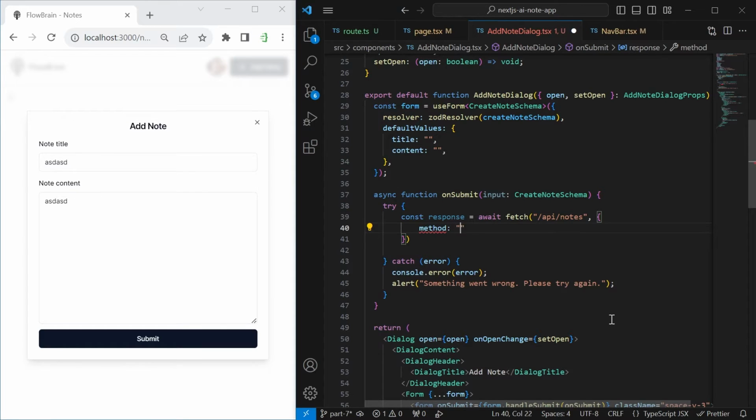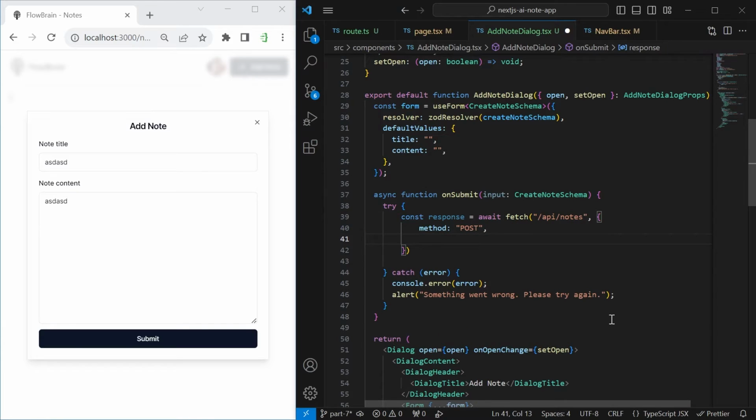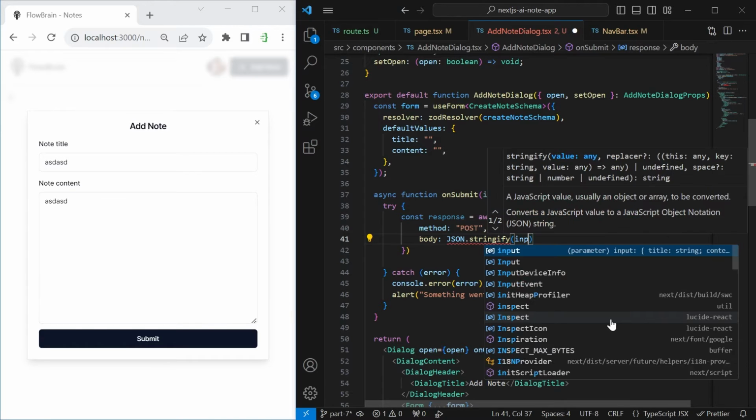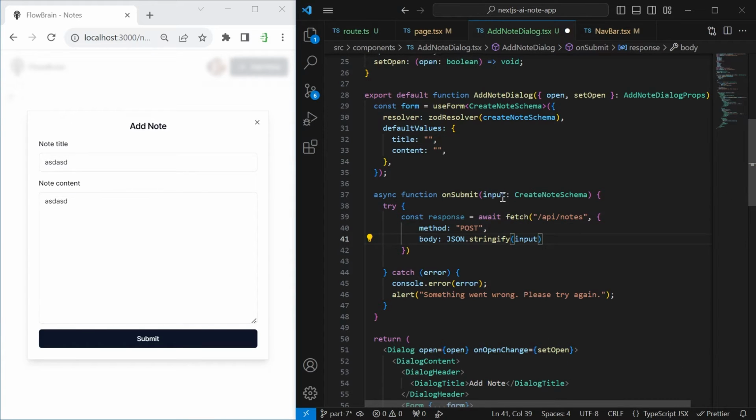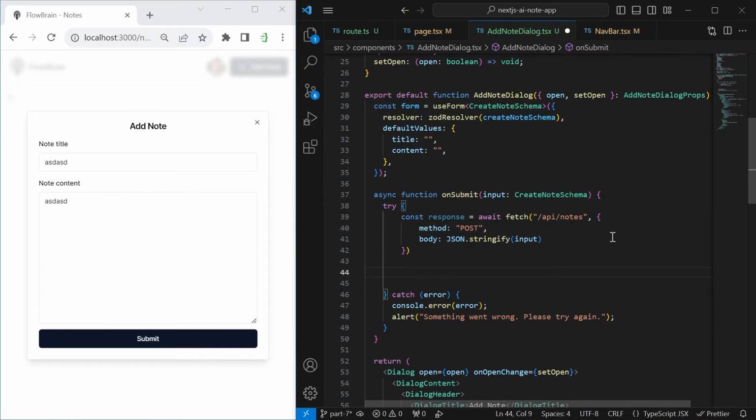We set the method to a post to make a post request, and our endpoint expects the node content in the body, right? So we add the body. We have to stringify it to send it over the wire. And in here we simply want to send the input, which contains the title and the content. Okay, almost done. Below const response, we check if